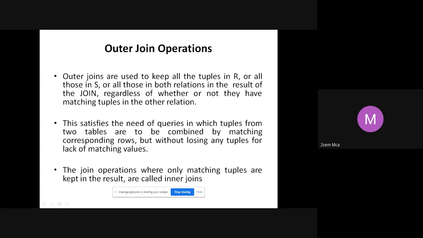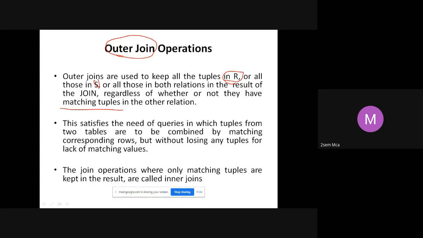I will keep all the tuples of the relation R, or all that are there in S, or all that are there in both the relations, regardless of whether they are matching, whether the condition is satisfied or not. I will still keep all the tuples. When I do that, I call it an outer join. I'll take some examples so it will become clear.